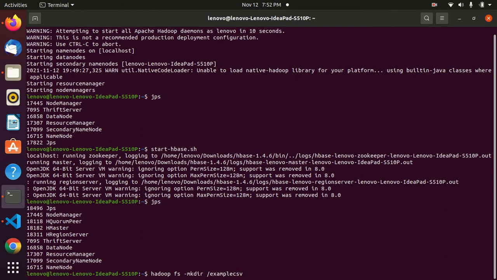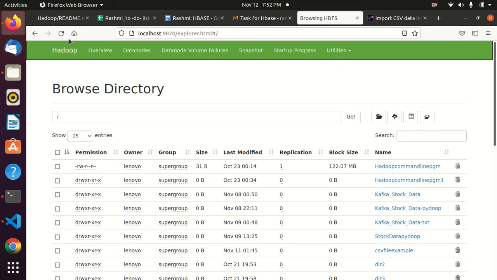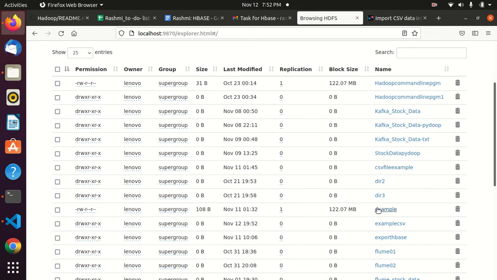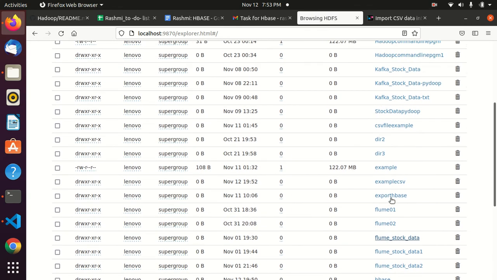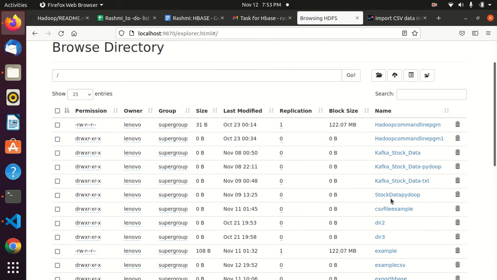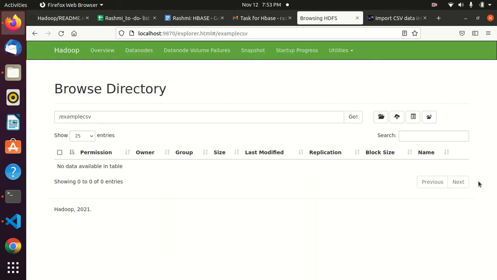So this is our directory, example CSV. Let's check whether it's created or not by refreshing it. Yeah, here it is, the example CSV directory.